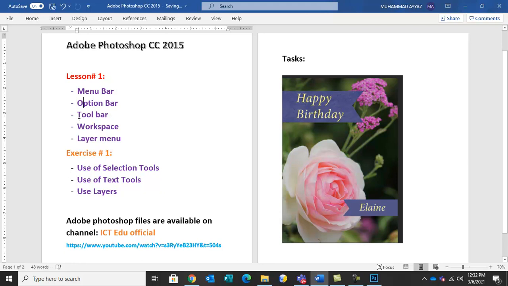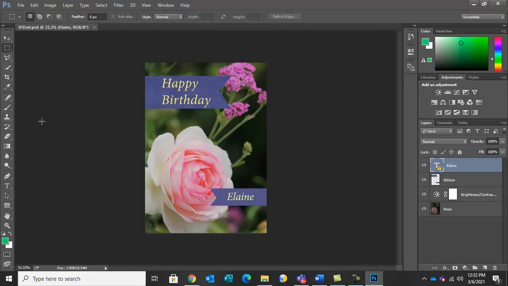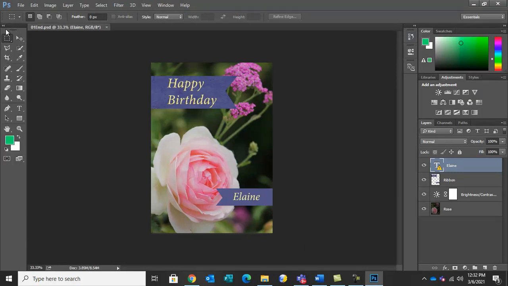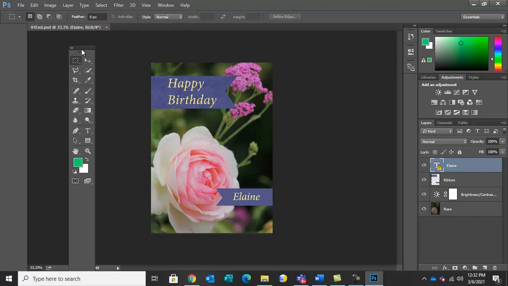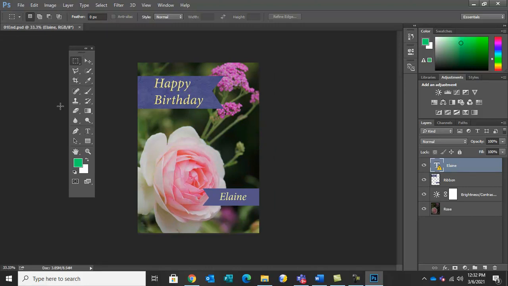Third is toolbar. This one is a toolbar. This bar contains a number of tools. So press on this arrow to bring in 2 columns. Okay, you can drag it here and place it here also. So these tools will help us to design an image.